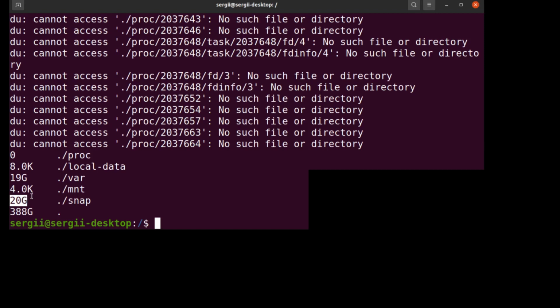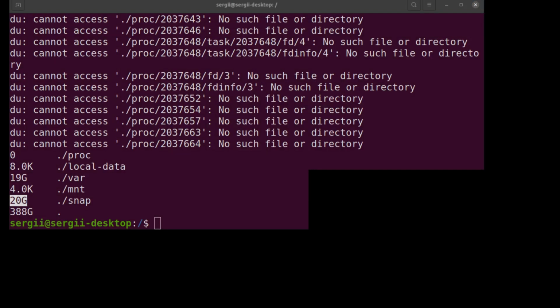I think, if I'm not mistaken, I did install Slack, probably, and it just downloaded that much stuff from there. So 20 gigabytes I can probably free. This is my strategy right now. I'm just going to free this. Okay, let's do it.